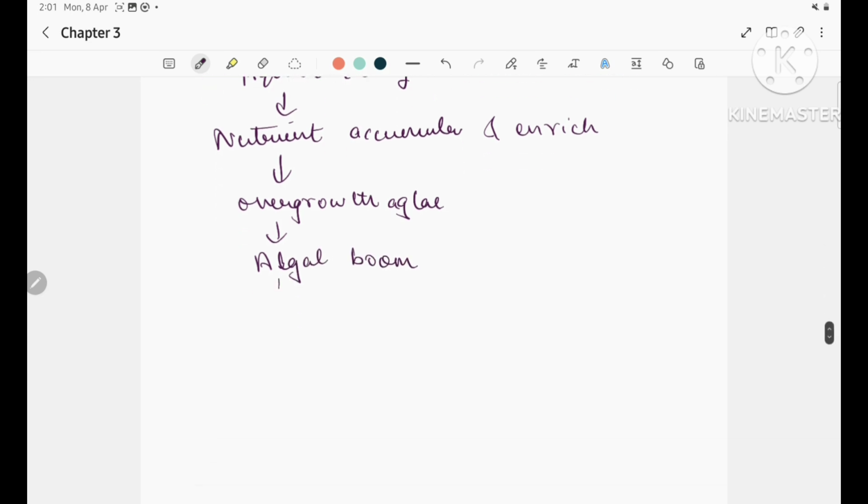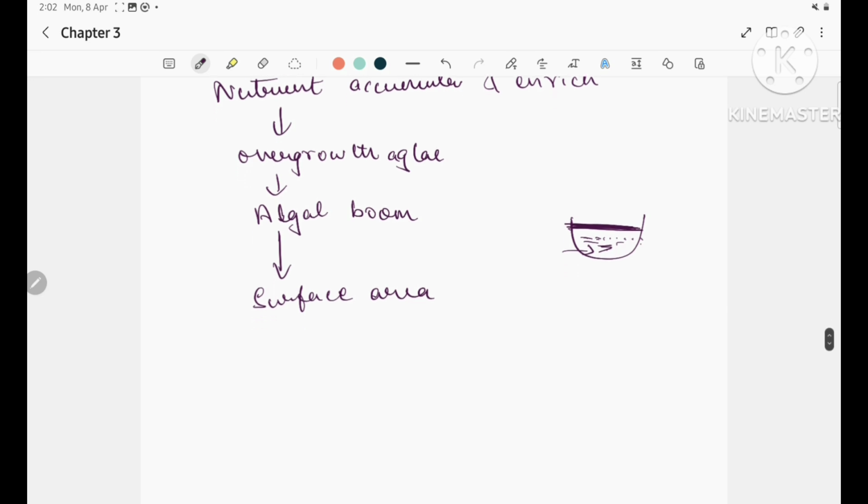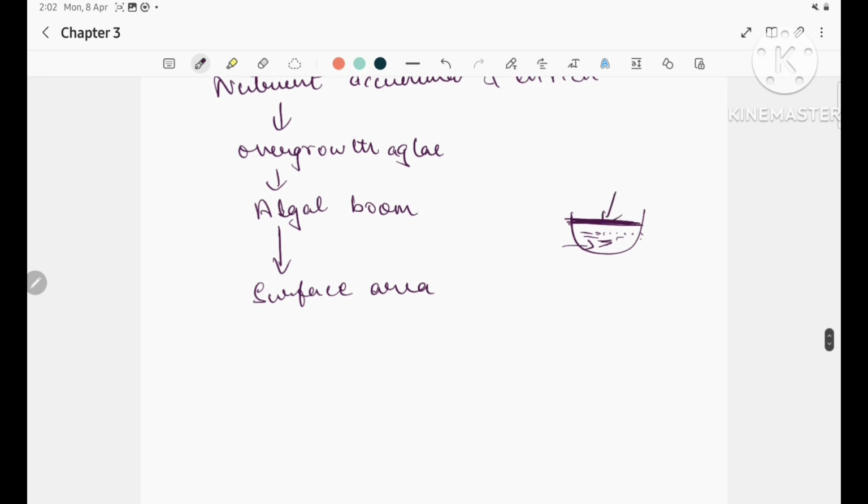So this algal boom, what will it do? It will start covering the aquatic surface area. So if this is a water body, nutrients will flow into this and algae will start growing. So this entire surface will be blocked by the algae. This will restrict the sunlight, and hence light penetration will decrease, and hence the dissolved oxygen level will decrease, and this will lead to the